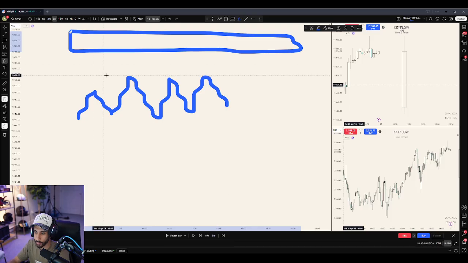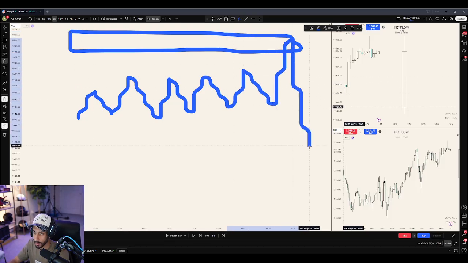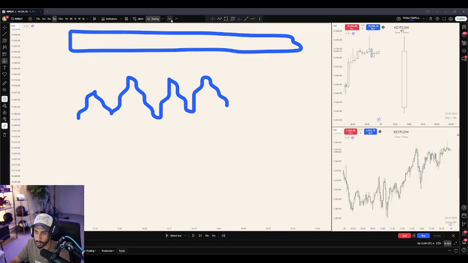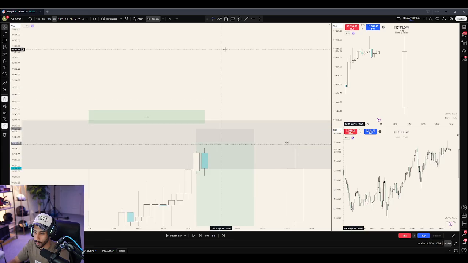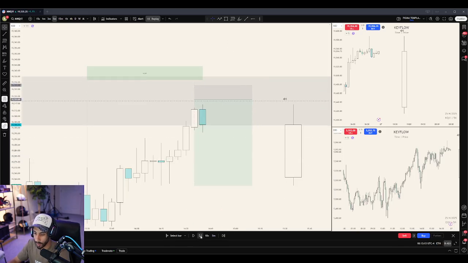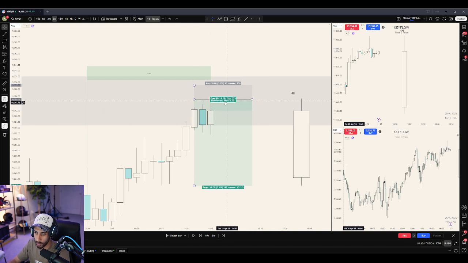But none of them are really hitting this PD array. And then eventually you're going to have the candle that takes it and then goes lower, right? So that's what I am talking about when I refer to engineered liquidity, right? So again, not really much going on here. Right here is where I get filled, okay? Again, the engineered liquidity portion, right?